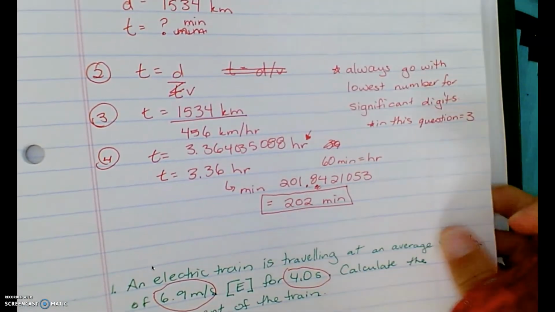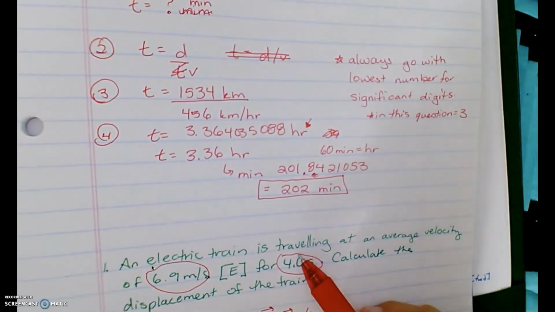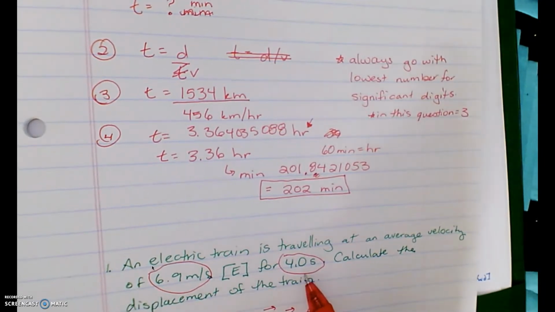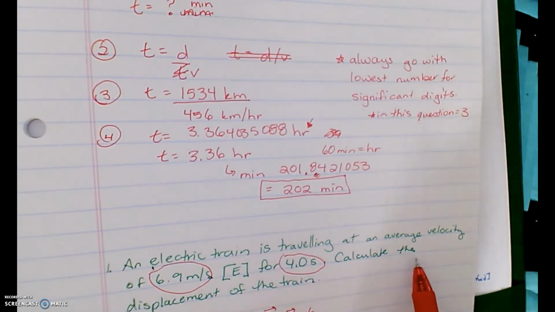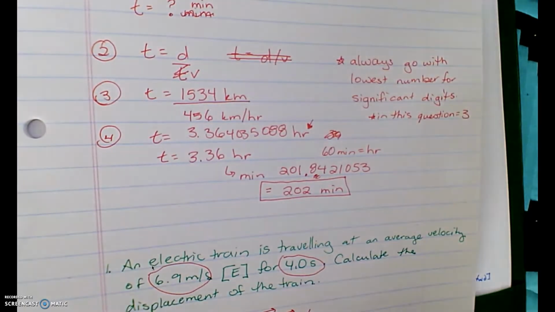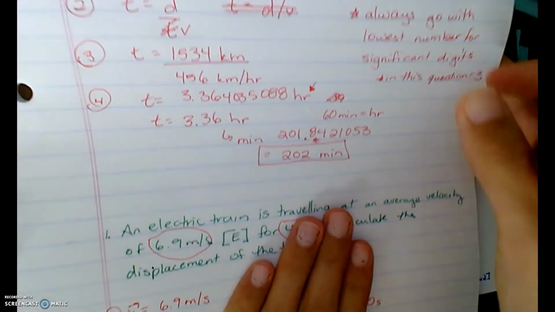The second question we worked through was about this electric train. It's traveling at an average velocity of 6.9 meters per second east. This means east when it's a little e in brackets, for 4 seconds. Then we're supposed to calculate the displacement of the train. If this is the first time you're watching it, pause it here, try it on your own, and then look at the answers. Okay, so walking through it after you've tried it,